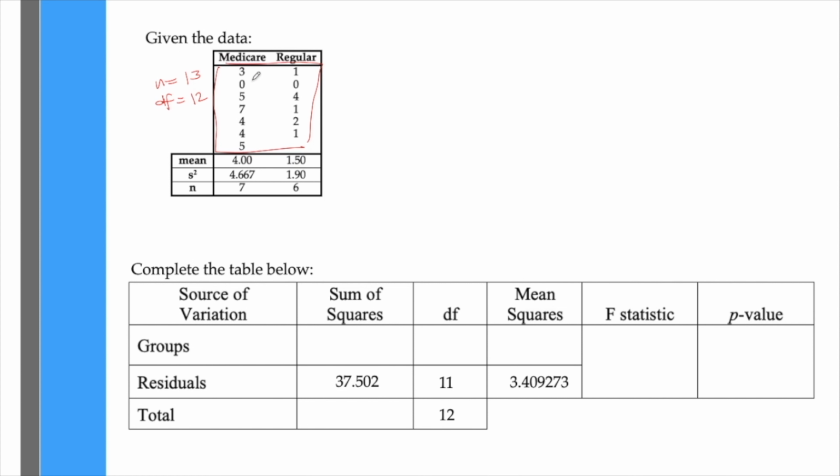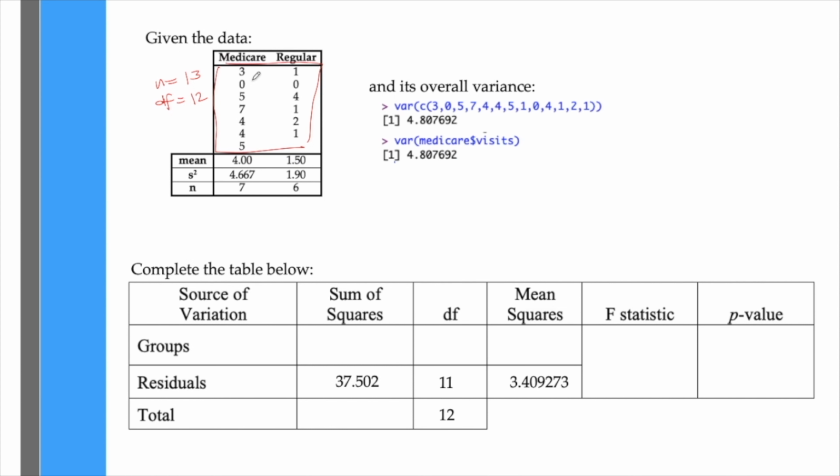As for the sum of squares of the total, we have to compute the sample variance of these 13 values, which when computed using R will give us 4.807692. Since sum of squares is the sample variance times df, our sum of squares for the total is 4.807692 times the degrees of freedom, which is 12. That gives us